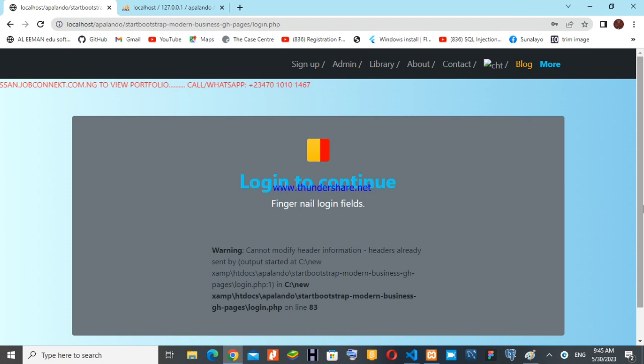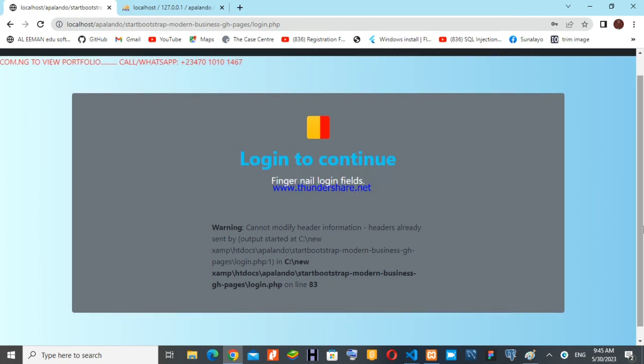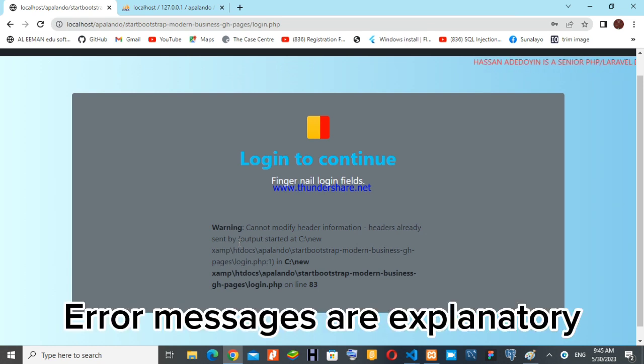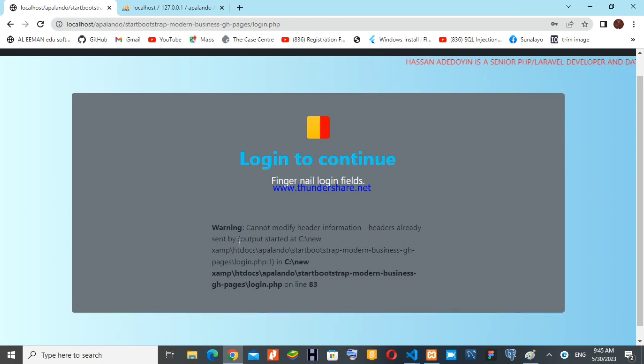Now this error is one of the errors I'm trying to get. Cannot modify header information. Why? Because headers already sent. That's why errors help you in solving them. This is a formula: errors help you in solving them, because